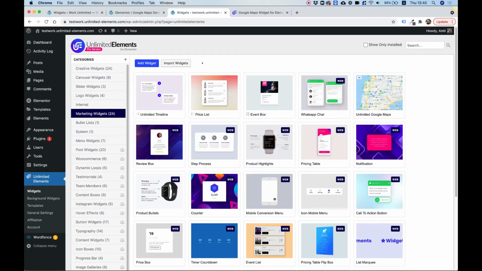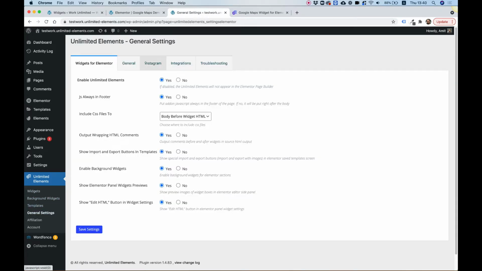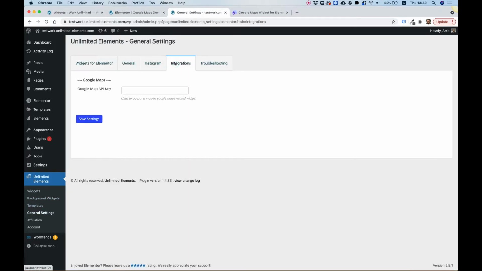The next thing you're going to want to do is jump into general settings, and over here we need to go to integrations, and we need to paste in our Google Map API key. This widget works with an API key, and if you want to use it, then you will need to get your API key. We have step-by-step instructions. I'm going to paste them inside of the video description so you can check that out,